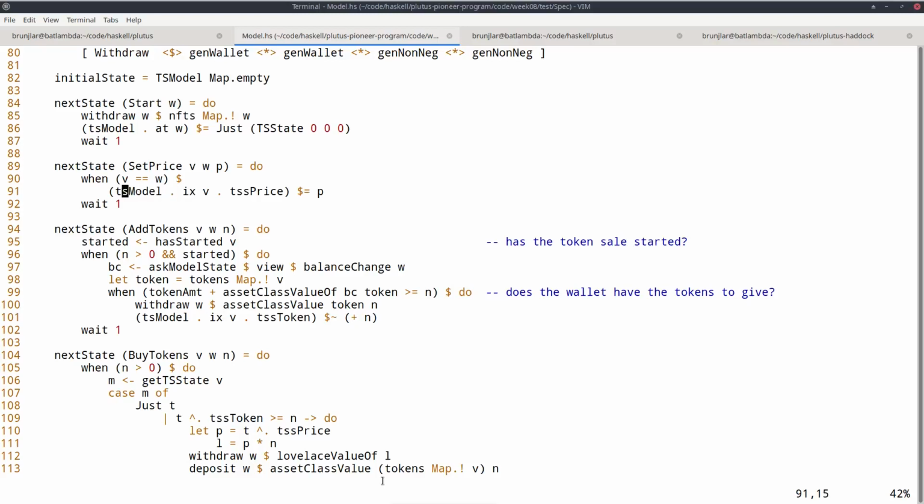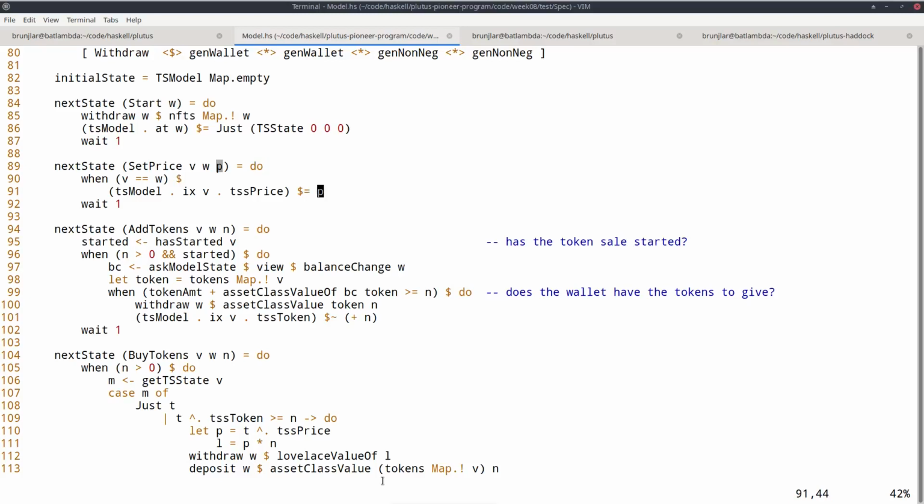So TS model gives me the map, then this ix V goes to the entry provided by V, so the token sale run by V, but V is equal to W, so I could also have written W here. This now gives me the entry, this TS state of that token sale, and then I have the TSS price lens that goes to the price field, the first component of the triple, and I set that to P.